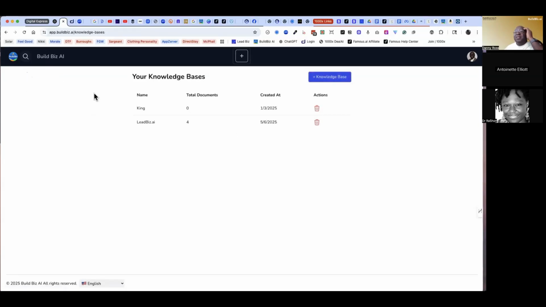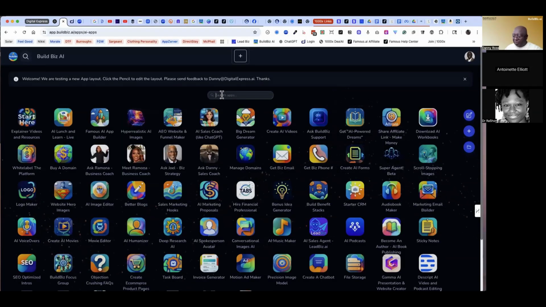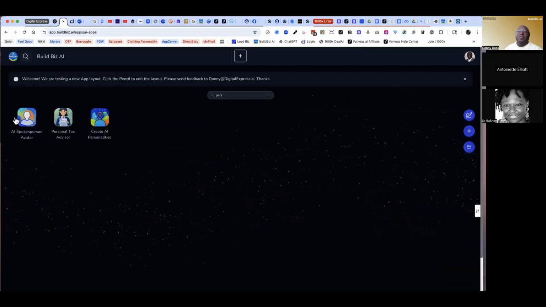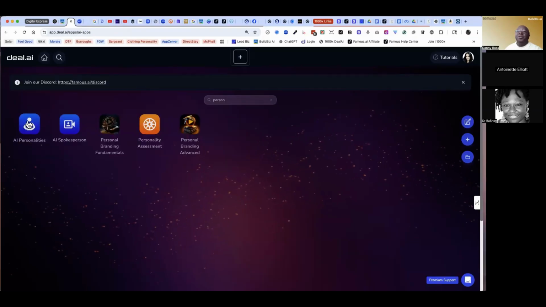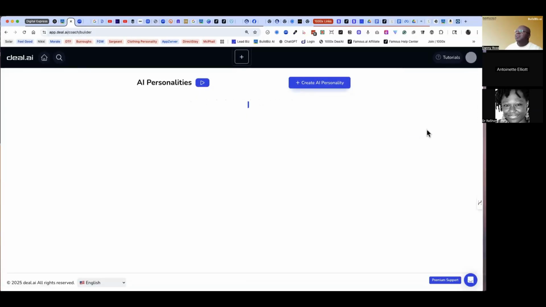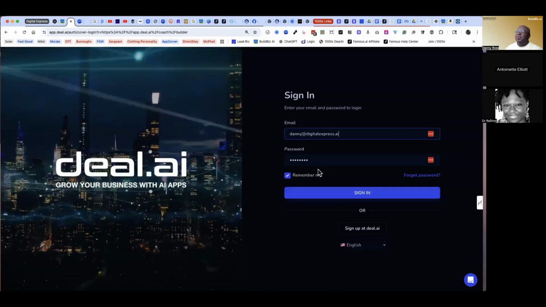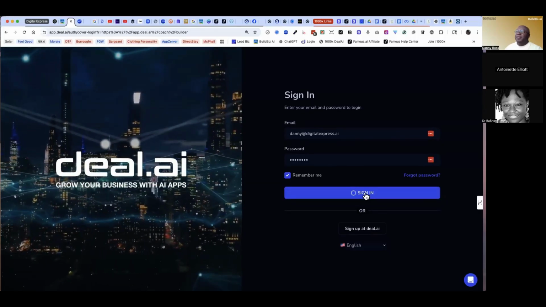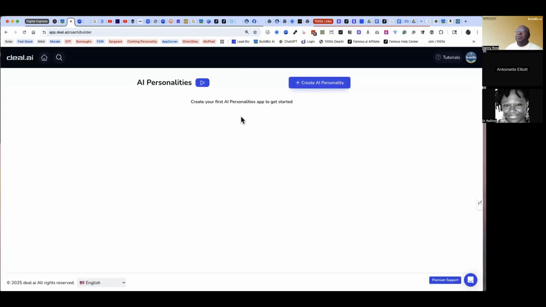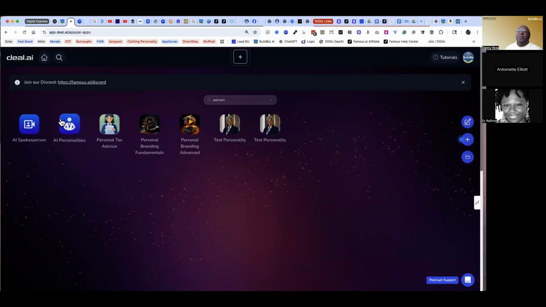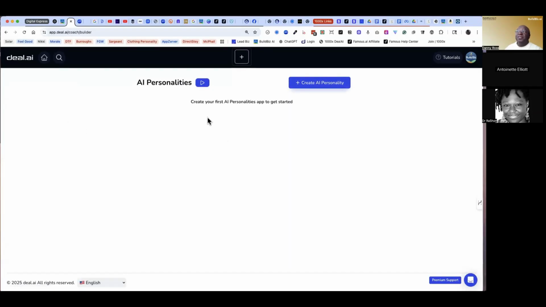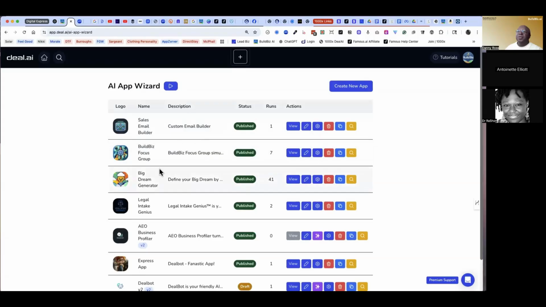And then once you have done that, you can go back now to creating a new AI personality. Let's say I'm going to create a new personality app. This one doesn't have those. We have AI personalities here. I'm not logged in as myself. I'm logged in as one of my customers. Give me one second. This is basically you would create a personality. There can be all kinds of apps that you can create, but they can be chatbots, for example. You can create chatbots. There we go. I'll show you one of these.